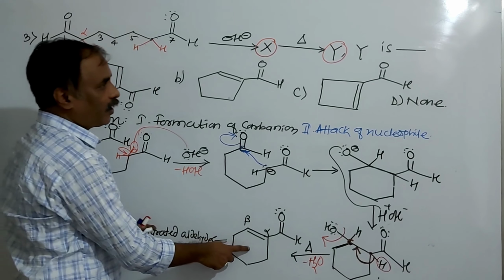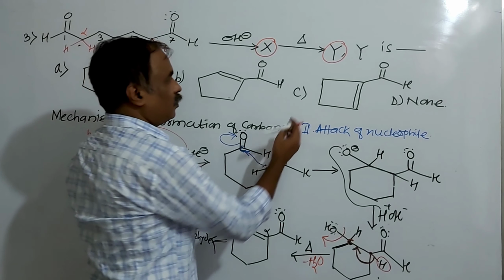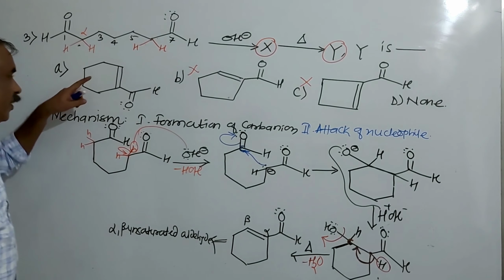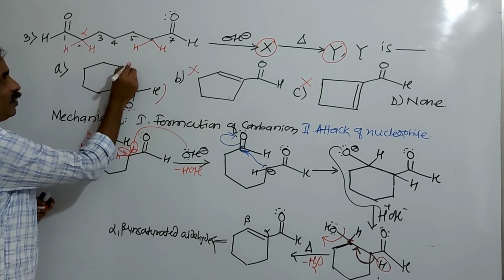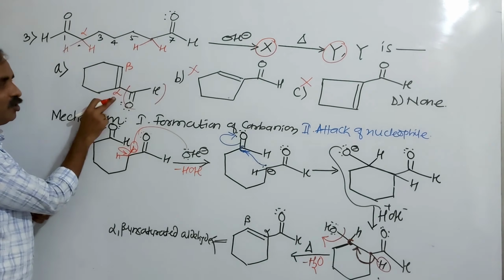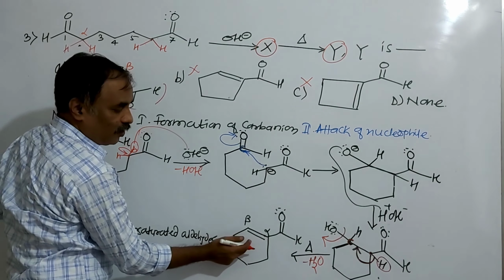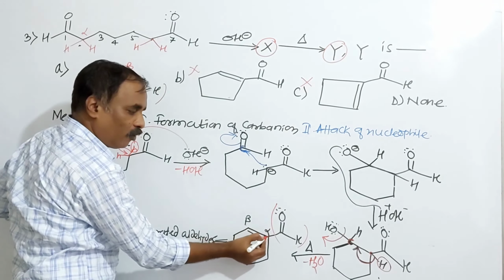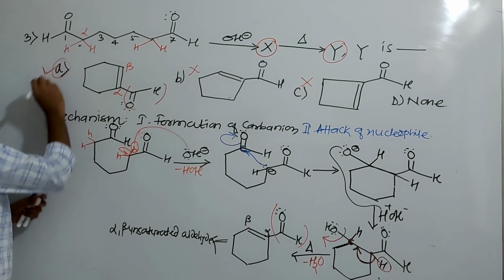It is a 6-membered ring, and all these options are ruled out. Here the 4-membered ring is ruled out, and the 5-membered ring is ruled out. Here it is an aldehyde. With respect to the aldehyde, this is the alpha carbon and this is the beta. The position of the pi bond is in between the alpha and beta carbon atoms, exactly the same here. And the answer is A. Answer is A, isn't it?